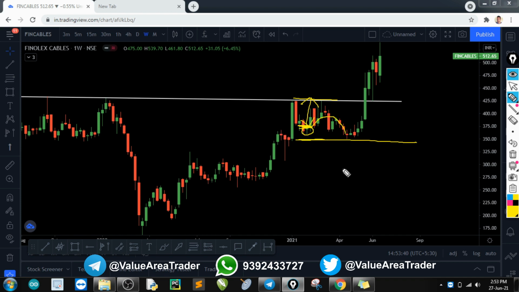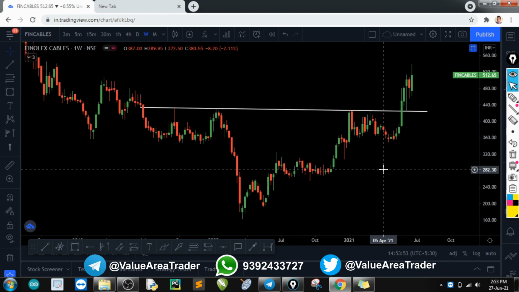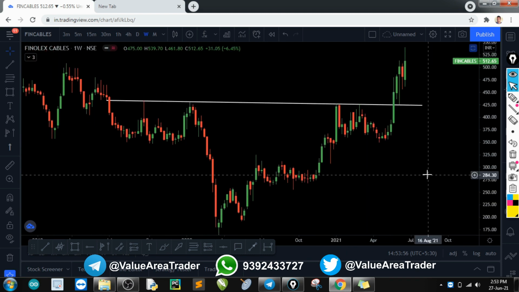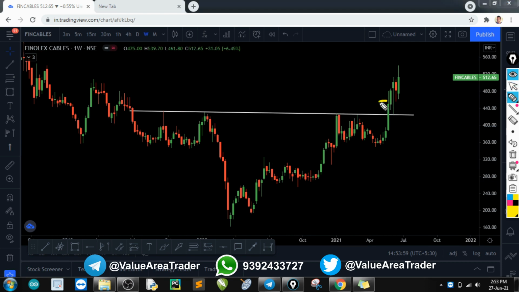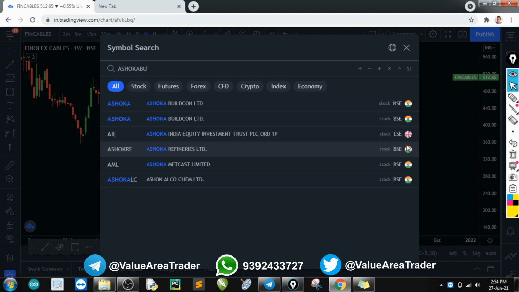Okay, so I'm not saying this is a holy grail strategy, it will fail at times, but I have seen great results from this particular strategy. So this was the point of entry and this is the exit. What we are trying to do is make the strategy a short-term strategy. Generally people buy here and then keep it for the long term. But what we are doing is making a short-term strategy by buying at the right shoulder and selling at the neck.